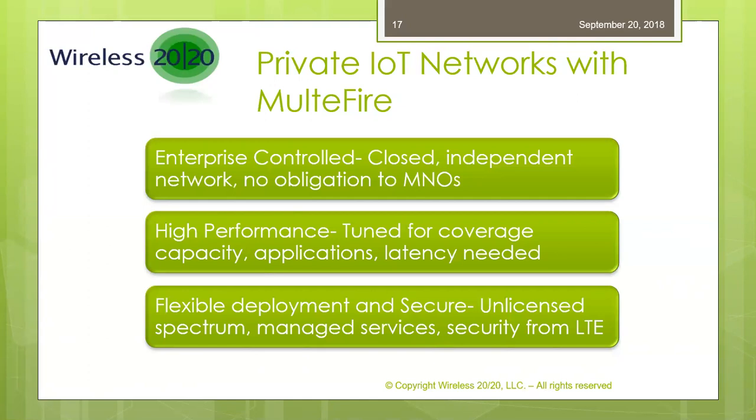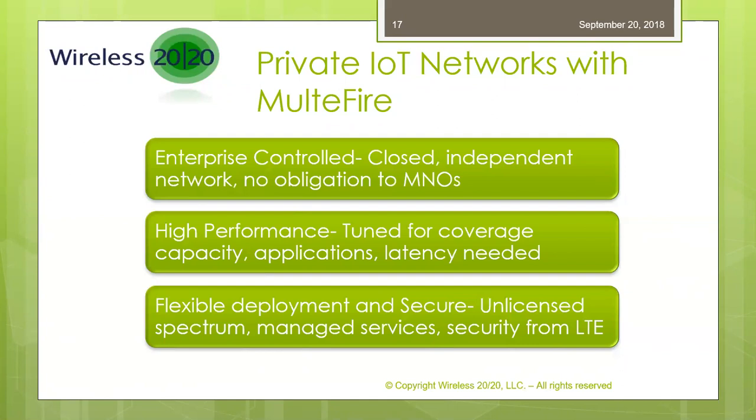So because of the unlicensed nature of MulteFire, the enterprise is able to deploy their own private network. The other thing that's important about it being a closed network, first off, once the kinds of sensors and controllers and receiver technology that we need is available, then this network can be deployed very quickly. We don't have to wait for deployment of the technology in next generation handsets or anything. So that's one of the important advantages of deploying a network based on MulteFire.